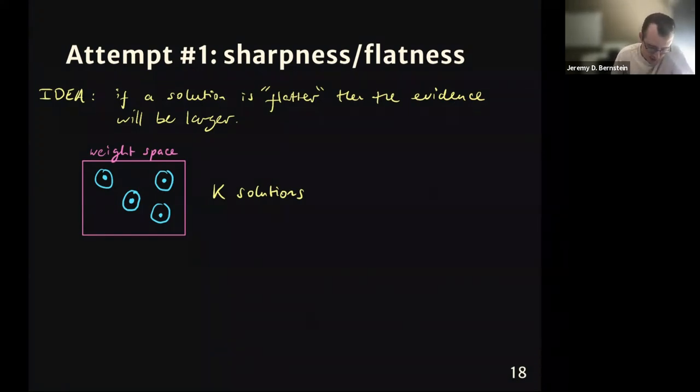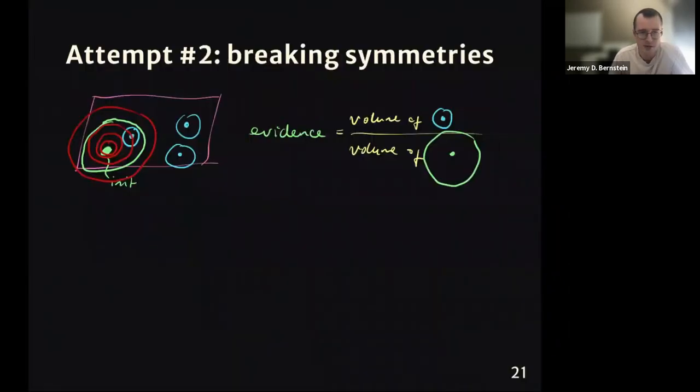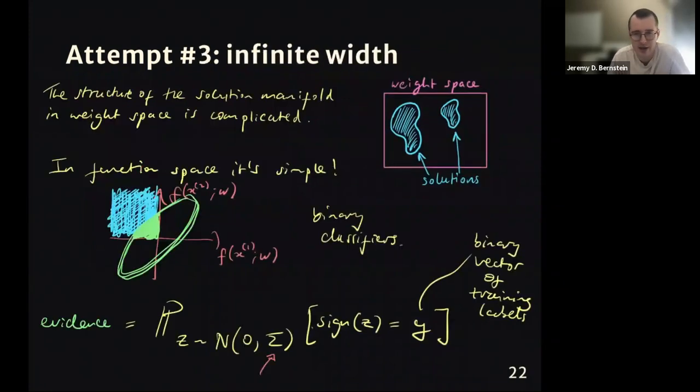The second approach sidesteps the fact that we don't know K by using a different prior that's close to the weight initialization. And then the third approach goes back and tries to estimate the entire volume of all solutions by taking an infinite width limit and using the correspondence to Gaussian processes. And this is every way that I know of computing the evidence for a neural network. There may be others, but there's